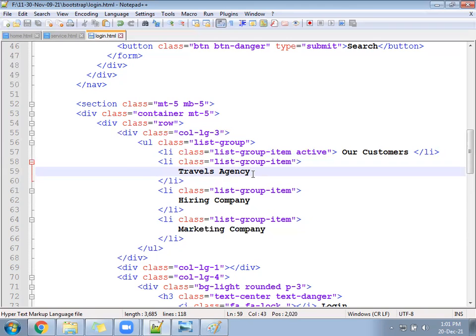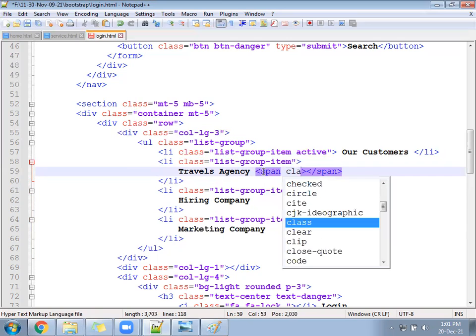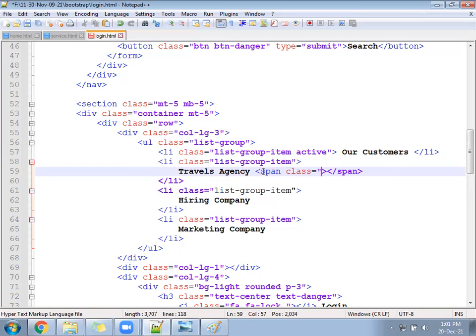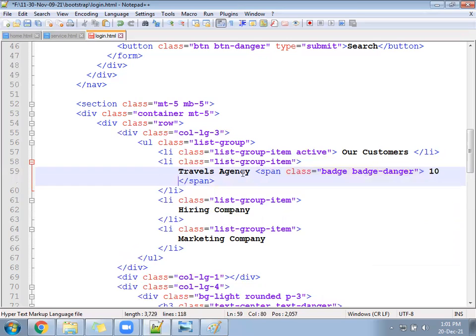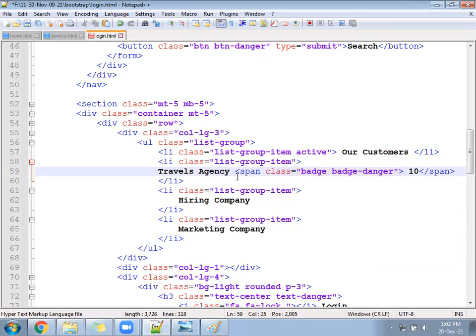We can use a span tag or label tag, anything. Span with class equal to badge, and after that which color you want. Badge-danger, red color, put here 10. So 10 vendor, tour and travel agency 10.